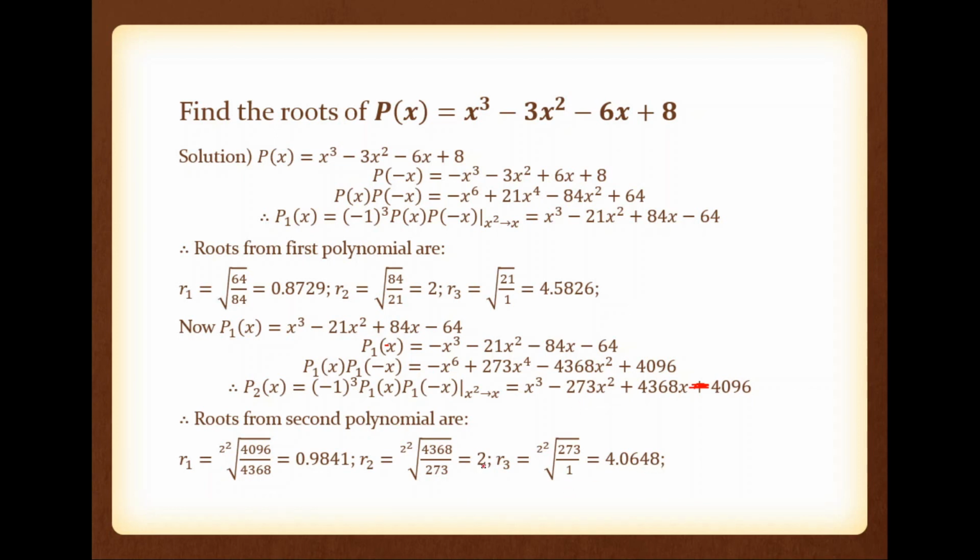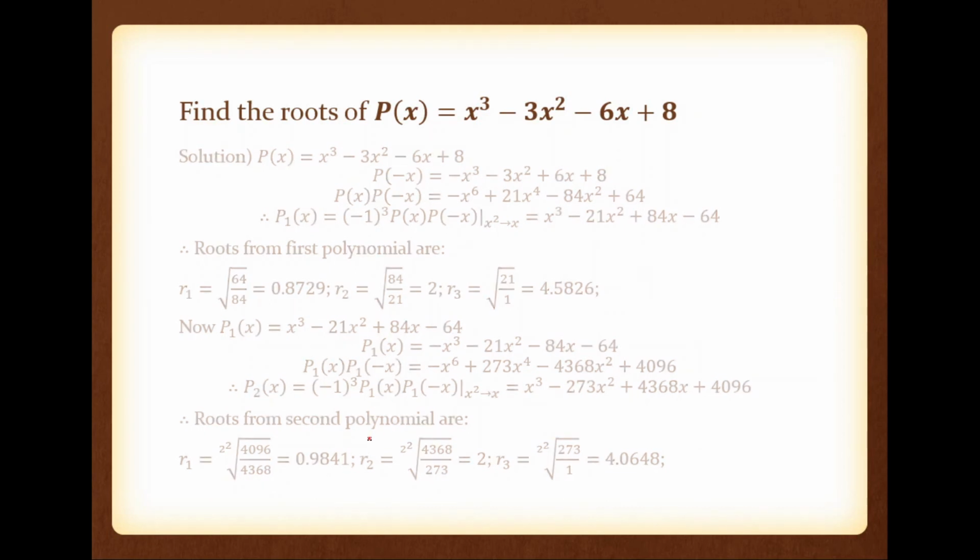You can see that this is still 2, means that one is already converged, so it will not change. But these two are changing, means it is converging to a particular value. Once this is constant, then you can stop this method. Okay. So now we are going to continue.